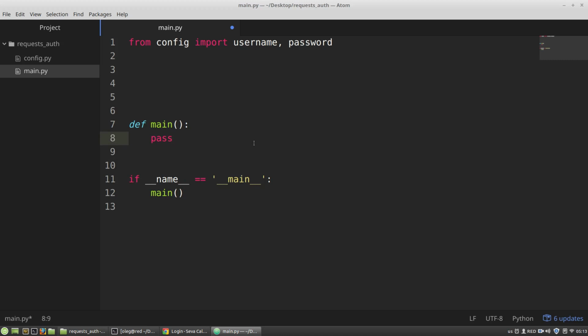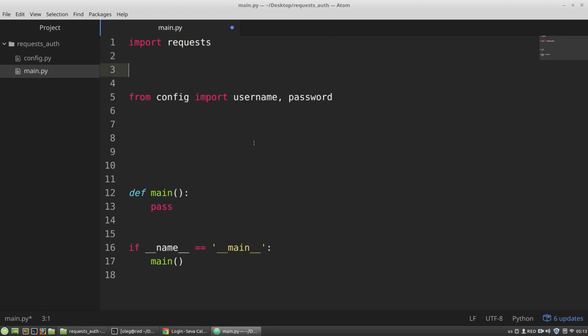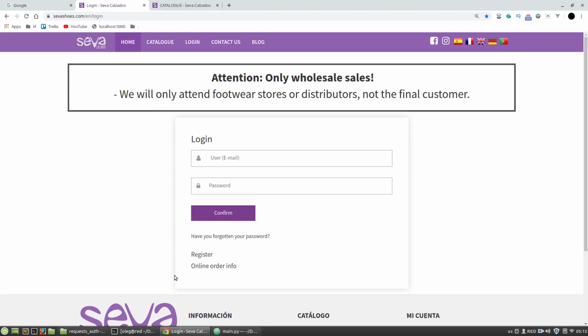And now let's import the requests library and look at the service responses. If you need to install requests, you can do it with pip install requests, BeautifulSoup and LXML. In the main function, I am creating a new variable, the URL I want to send the request to. It will be,